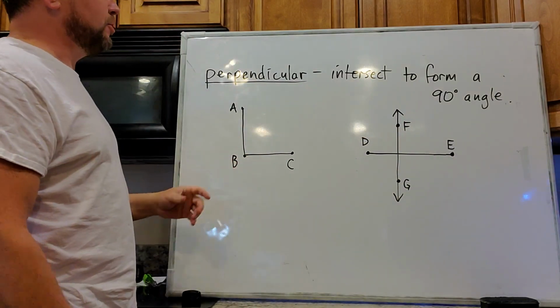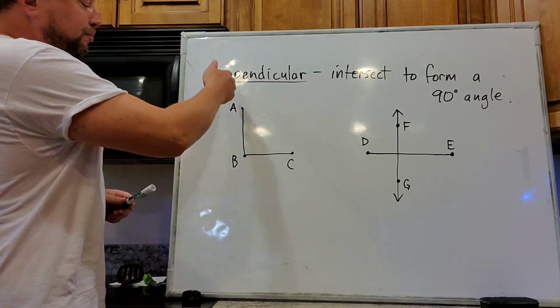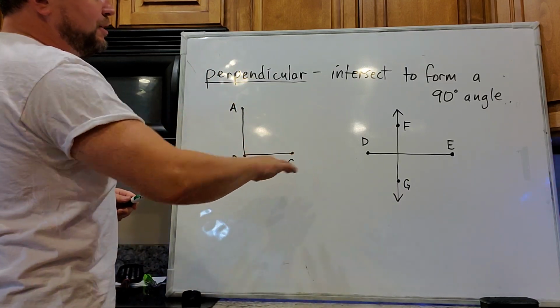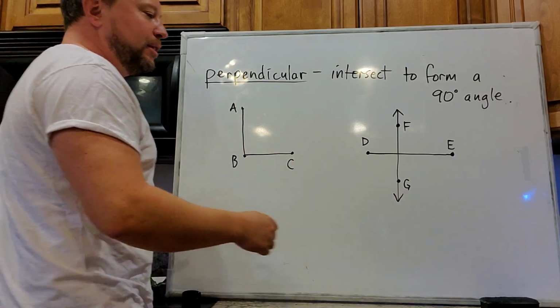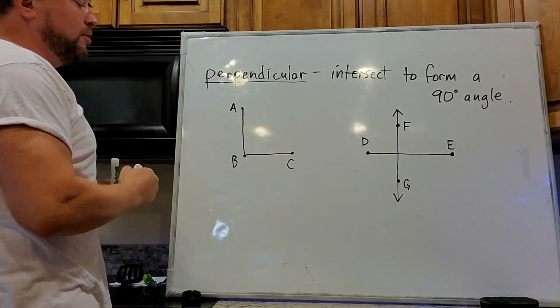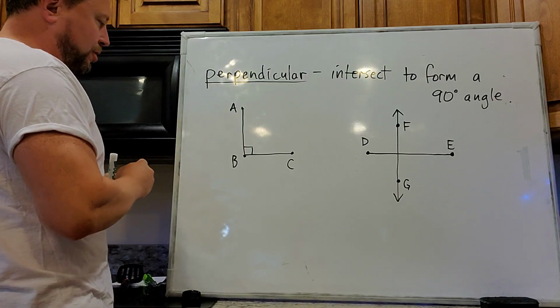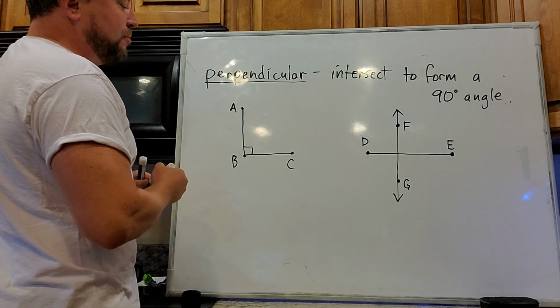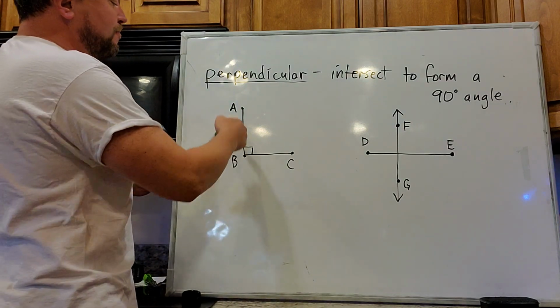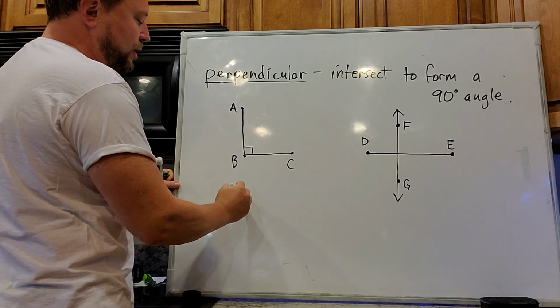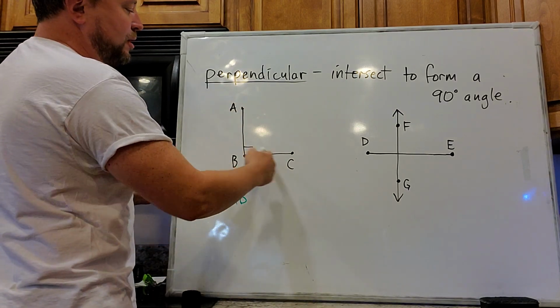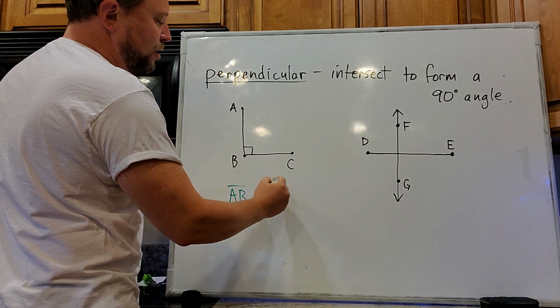Okay, so in this picture here, if AB and BC are in fact perpendicular, they often will indicate so in a picture, by the way, by putting a little square box down here in the corner. And the symbol for this, when we go to write this, we would say then that segment AB and segment BC here are